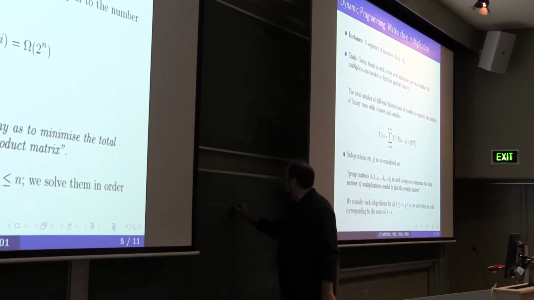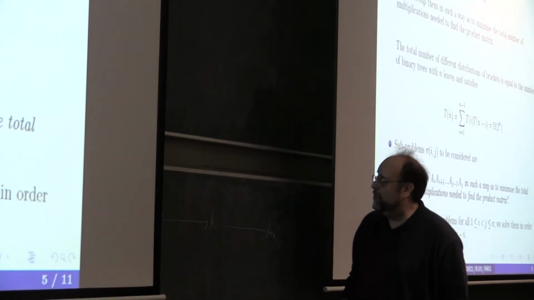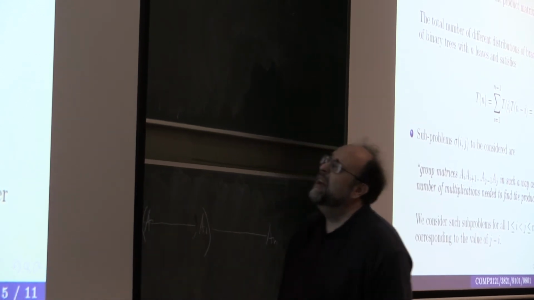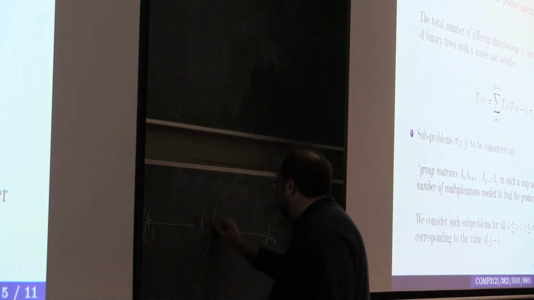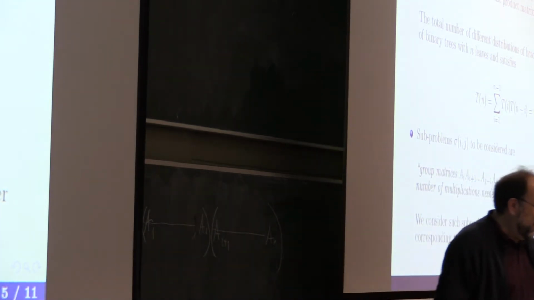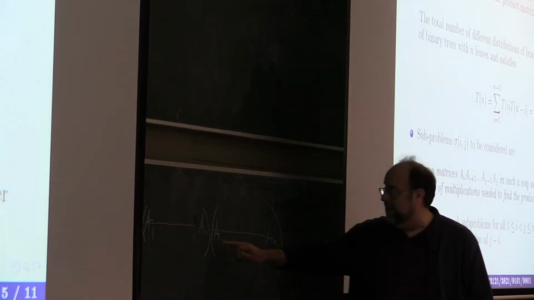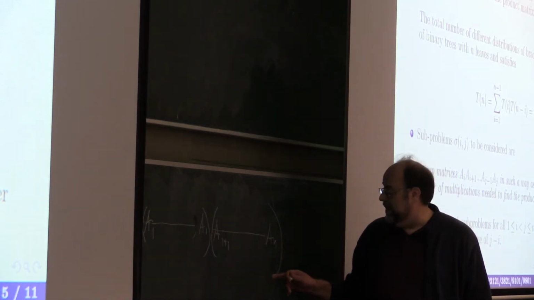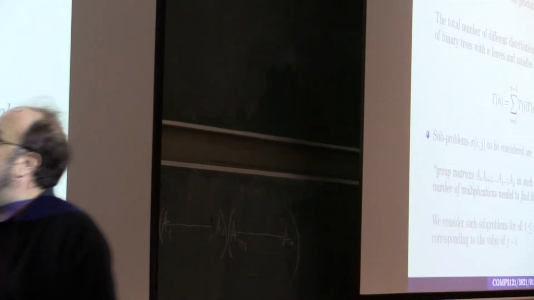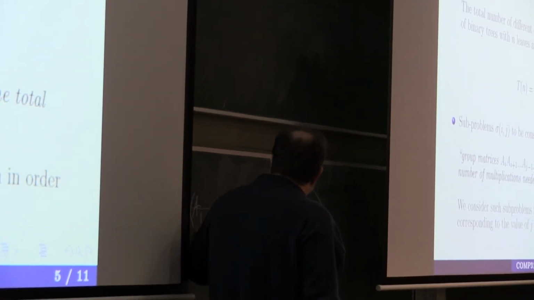So this is AI, and then here is up to AN, and so we decided to place the first to be up to AI. So here will be A1 up to AI, and then here we have AI plus 1 up to AN. So the possible ways to parenthesize this principal operation can be anywhere between any two of the matrices. So you have n minus 1 choices for I, and once you decide where you break this chain, the total number of